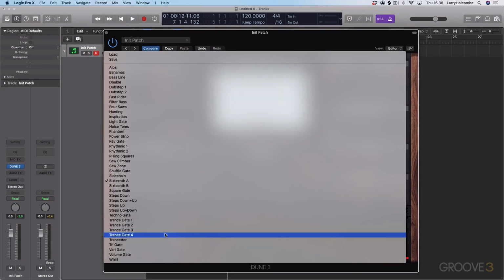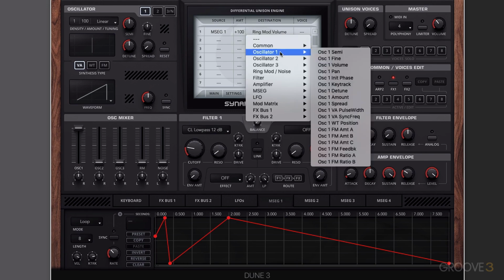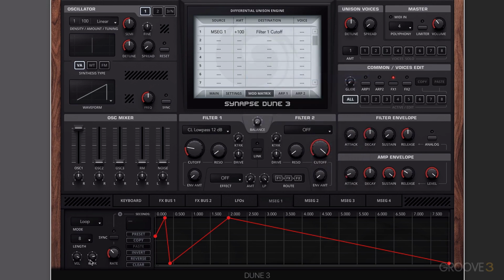We have presets that we can choose from. We can copy and paste between the different slots. We can invert, we can reverse and clear to get rid of the shape. Rate allows us to determine the speed when we're looping, and also we can sync that to the project tempo or have it in seconds. Velocity determines how much velocity is going to affect the amount of signal we're sending to the modulated parameter, which was the filter cutoff. And key track allows us to change the speed of the envelope depending on how high we play up the keyboard. And that is our